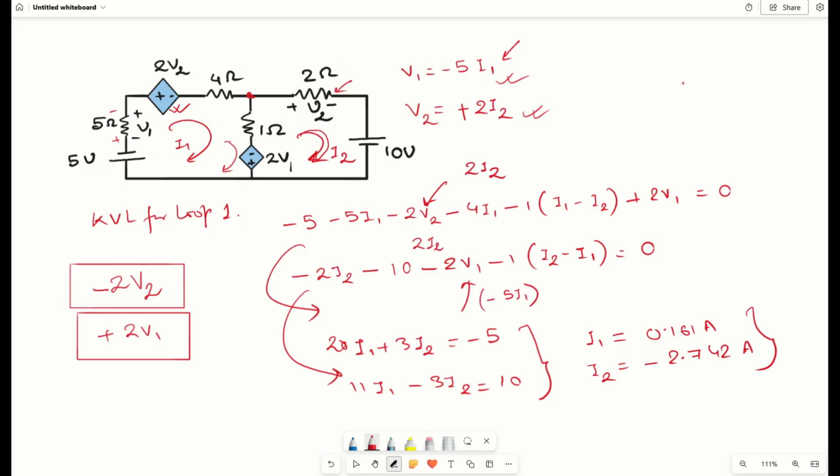Next we will be discussing dependent sources and independent sources with some other logic, which is called super mesh. So till then, thank you,